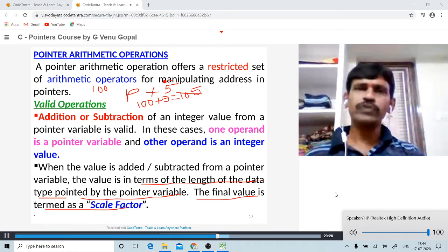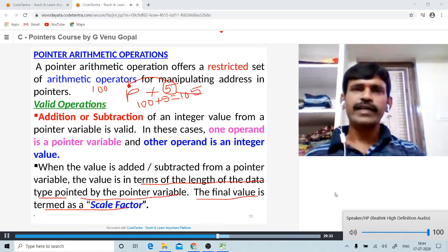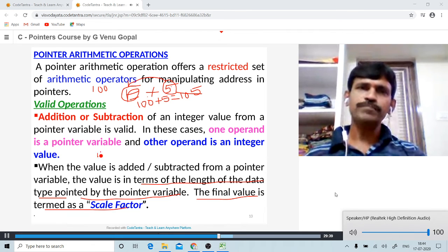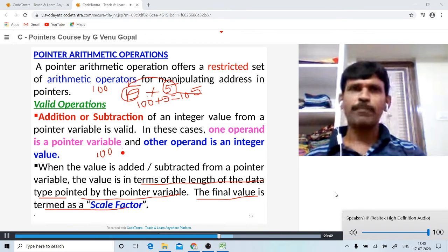That 5 is multiplied by the size of the data type the pointer points to. So the scale factor of the data type integer is used, that is 2. So 100 plus 5 times 2, it will be 10, so it will be pointing to 110.